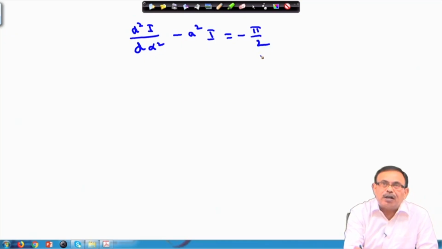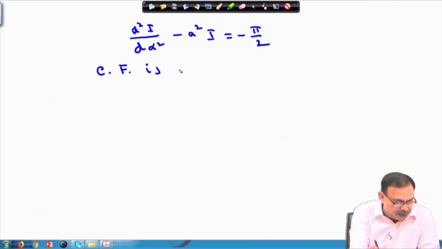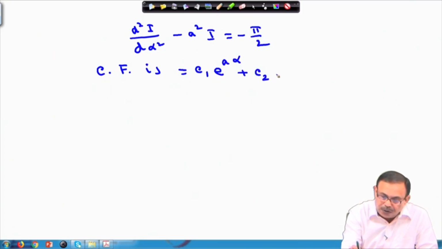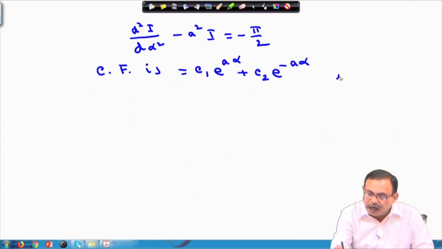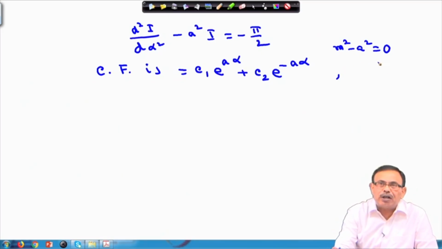Since here the right hand side is not 0, therefore, in the solution of this, there will be two components, CF and PI. So, the complementary function, that is CF, it is simply m square minus a square equals 0. So, m equals plus minus a. So, you can write down C 1 e power a into alpha plus C 2 e power minus a into alpha, because actually this is of the form m square minus a square equals 0. For the complementary function, you can find out this thing. So, it is m square minus a square equals 0. Just I am telling it in a little detail, if you have forgotten how to find out the solution of the